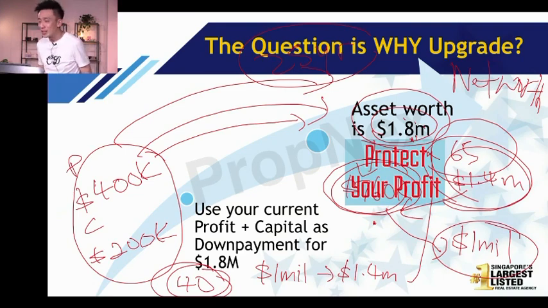Oh, actually, in fact, I just finished my expo. One of these uncles was telling me, Kelvin, you know why I have a 5 million property? He asked me, Kelvin, should I sell? I said, why do you want to sell? Maybe he asked me whether the property will still continue to appreciate. I said, of course, eventually if you don't sell, it will still appreciate. But I asked him, why do you need to sell? He said, I want to maybe give it to my children. I said, you don't sell, also can give it to your children.